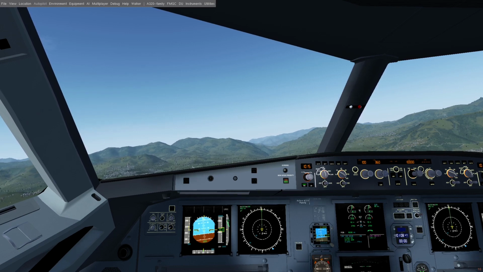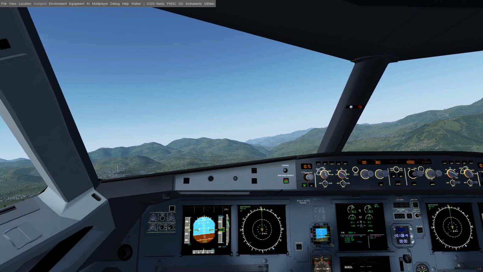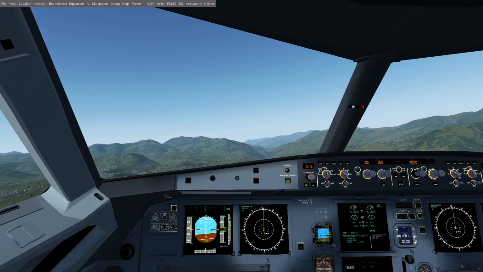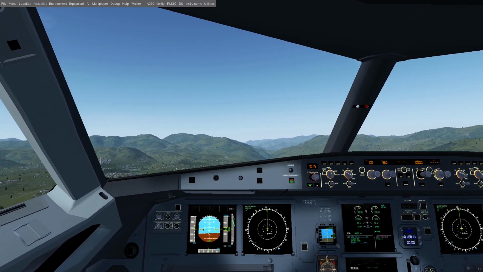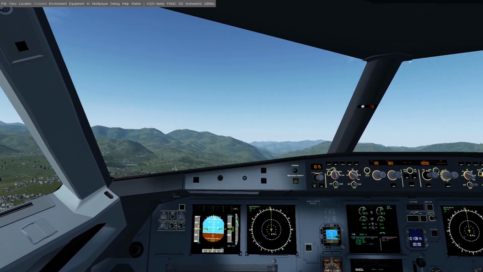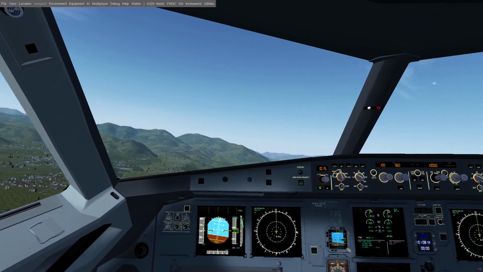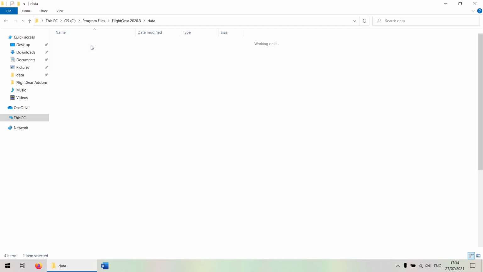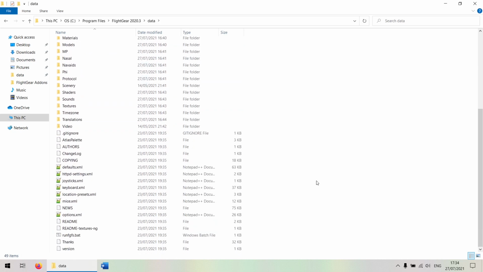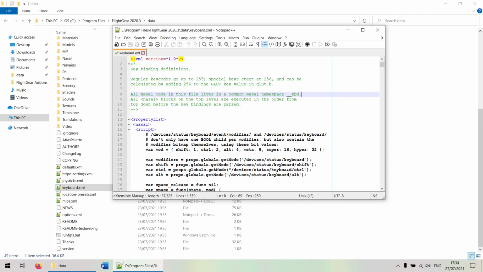Next, we need to find out how to tell FlightGear to do what we want. If you're making a key work like some other key or panel button, such as what we're doing here, making equal open the chat box like shift-, then you can look up how the key you're trying to clone is programmed. If the key works for all planes, you'll be looking in the keyboard.xml file within the folder you installed FlightGear into,